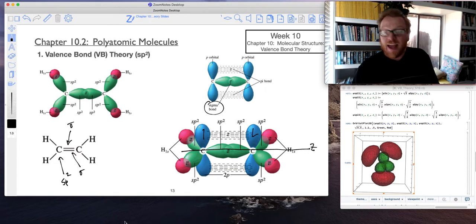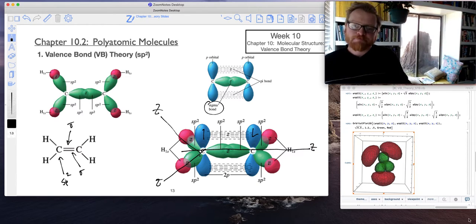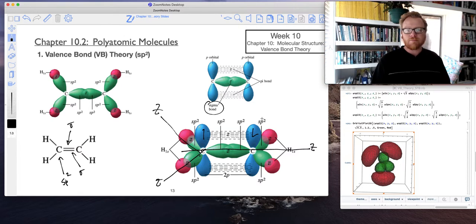So that's perfect for making a pi bond, which is where we see in ethene a pi bond and a sigma bond. And additionally, we can draw up a new coordinate system for the carbon-hydrogen bonds. We'll have a z-axis for that sigma bond. We'll have another z-axis for that sigma bond, and so on. Okay? And so